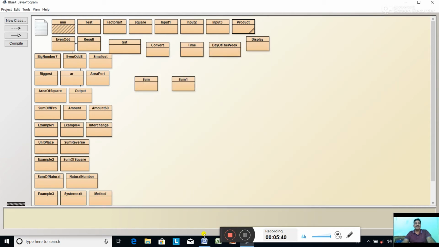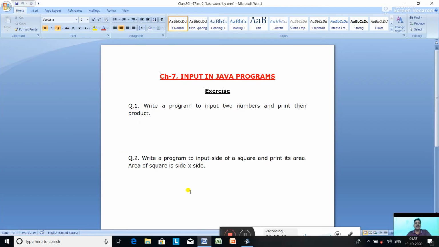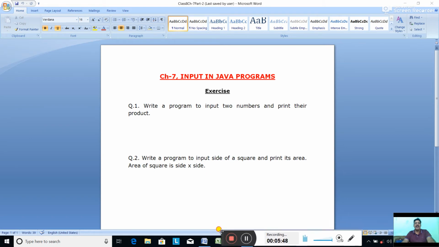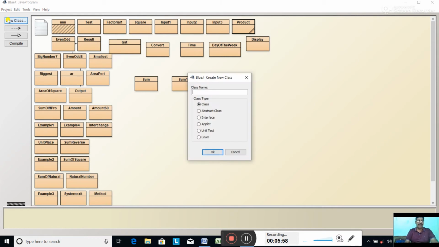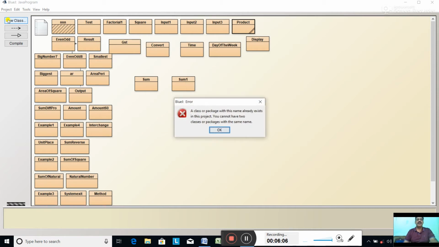Now let us see the second question: write a program to input the side of a square and print its area. The area of a square is side into side. Now let us write this program. New class, the class name Area of a square, with no space in between.